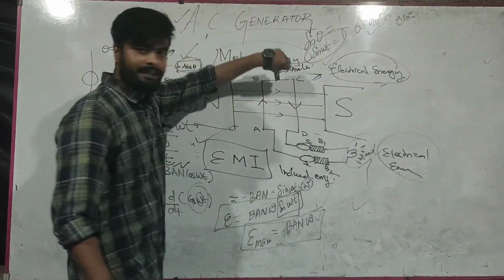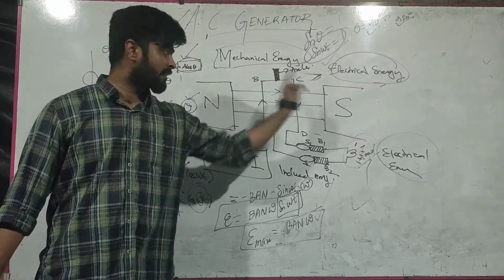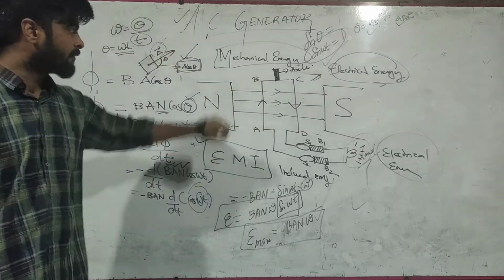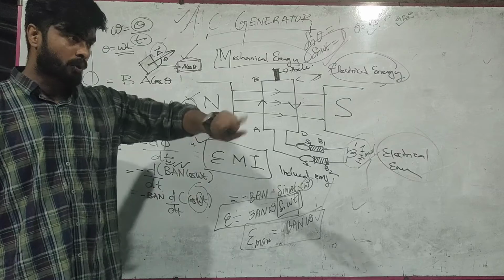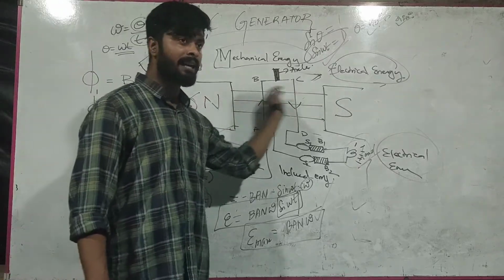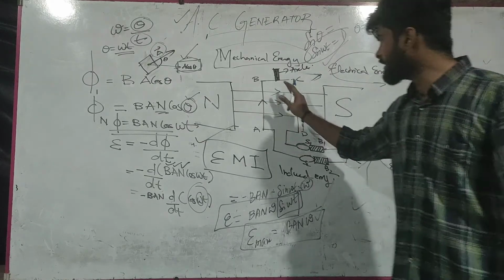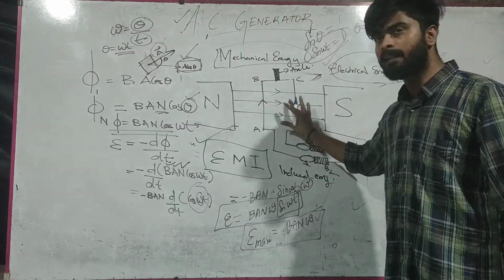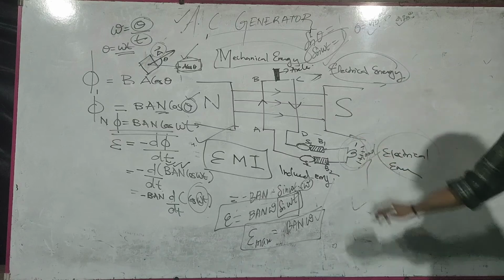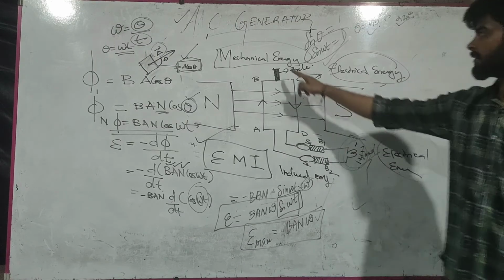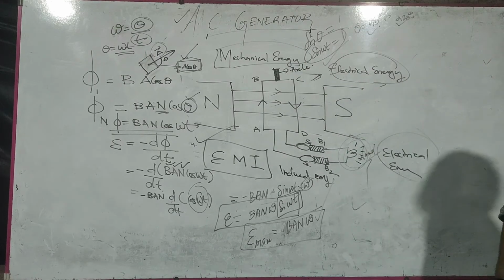When you rotate the axle, since there is a uniform magnetic field from north to south, the armature coil rotates, so the number of magnetic field lines entering the armature coil changes. Therefore, there is a change in magnetic flux. Hence, an EMF will be induced in this coil, which results in an induced current that you get on the load. Therefore, you converted mechanical energy into electrical energy.